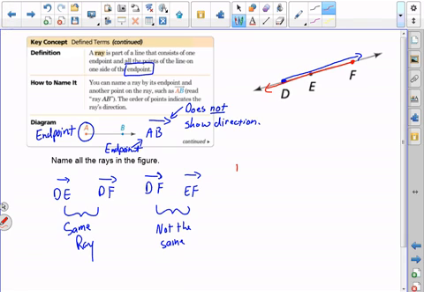So again, if I say array FE, or if I say array FD, again, these are the same. So there's one array, but now I could also pick a different endpoint with which to work. I could say array ED,